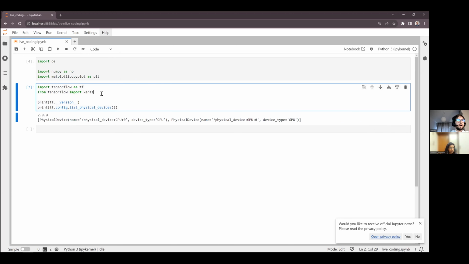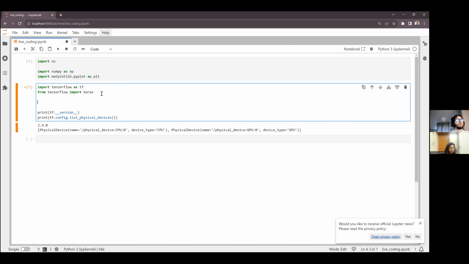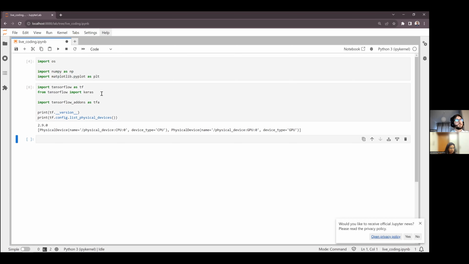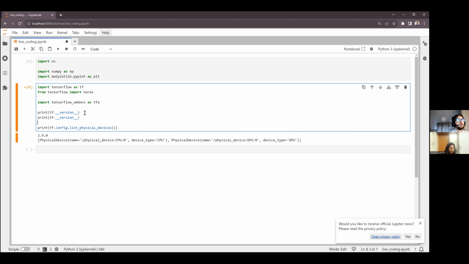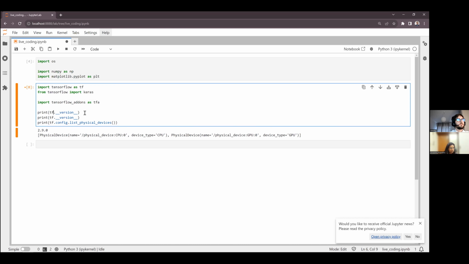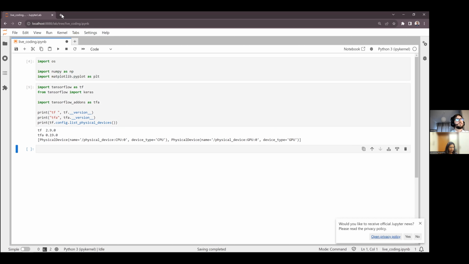Then I also load TensorFlow Addons as TFA. I will also print to screen the version of TensorFlow Addons, since we need to be sure that the TensorFlow version and the TensorFlow Addons version are compatible to make them work.